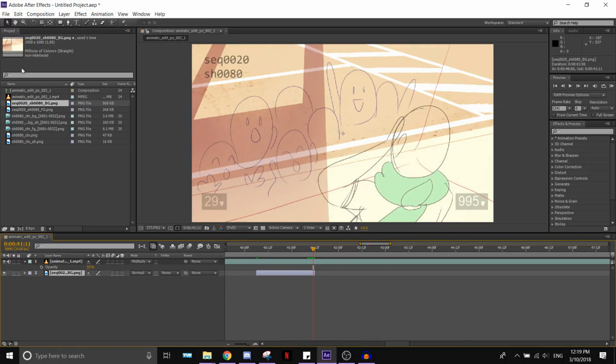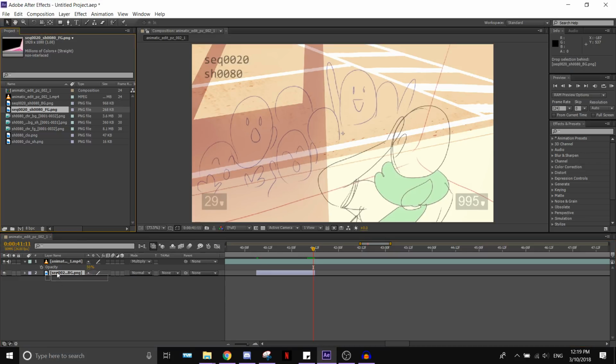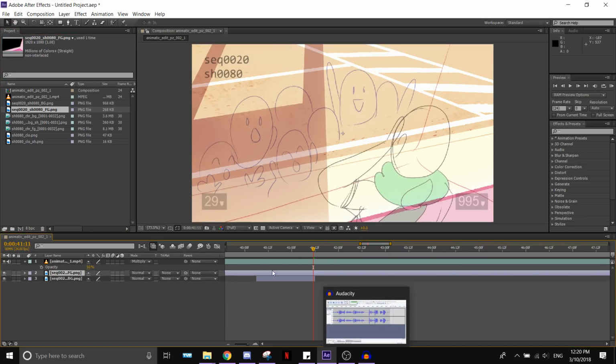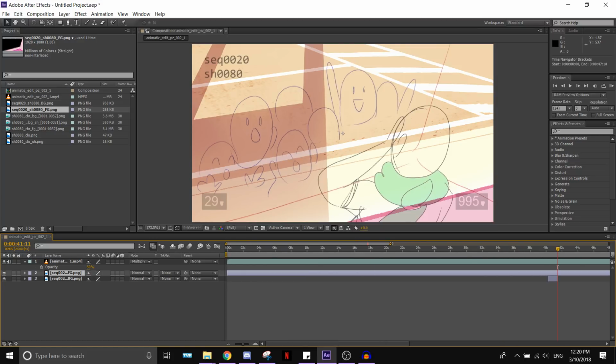Alright, so I got the background layer, then I got the foreground. If you know a more efficient way of doing this, please let me know, because every time I just drag it into the timeline, I press shift, and then I snap it to what I already have. Alright,